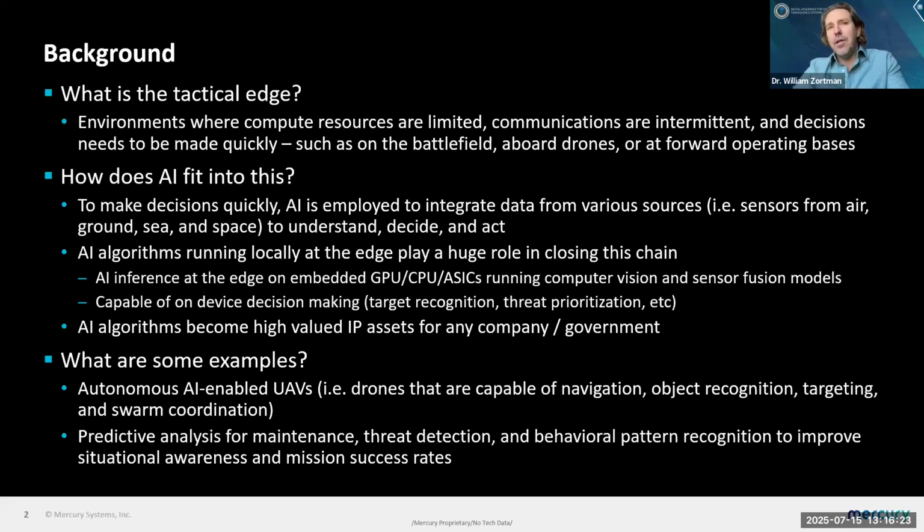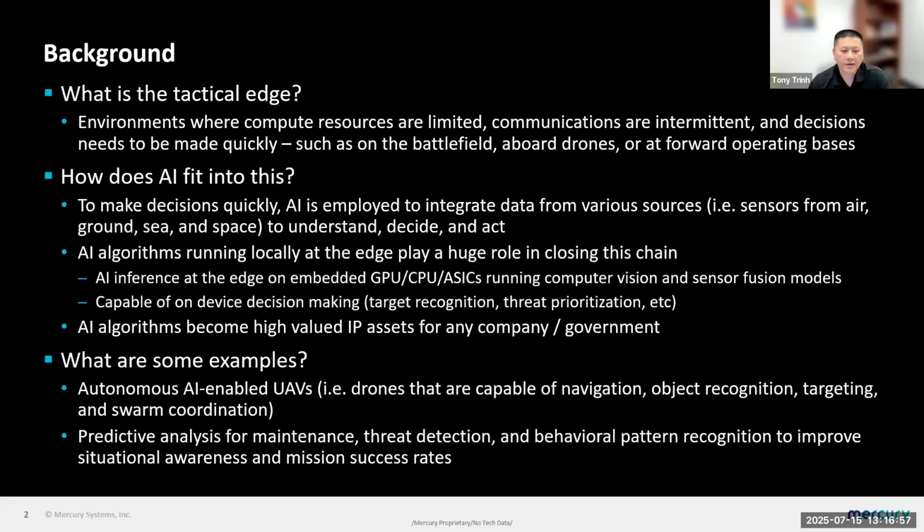when you're operating in a non-contested environment and you're doing navigation, it's very easy. As soon as you cross over into a contested environment, whether you have to navigate or do other things, you may have intermittent or no connectivity with the system you want to control. And that's where AI algorithms come in, especially in navigation, which is something that we're focused on. That system has to be able to collect information from its environment, understand where it is so that it can navigate to where it's supposed to go.